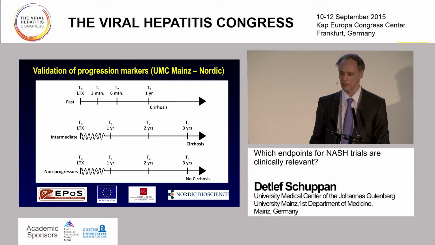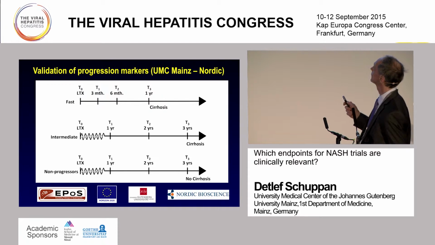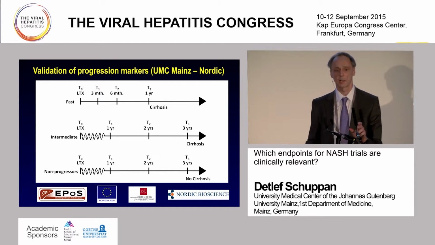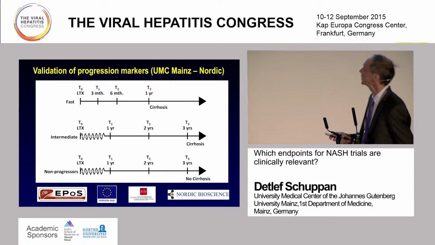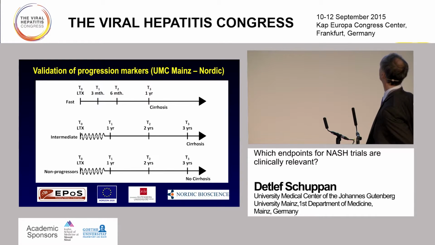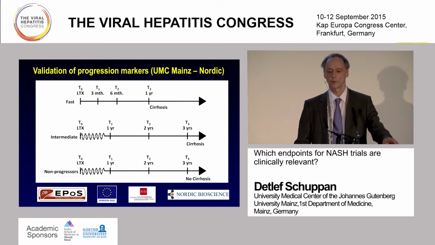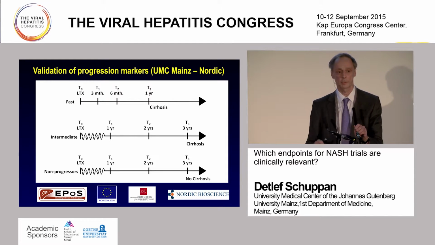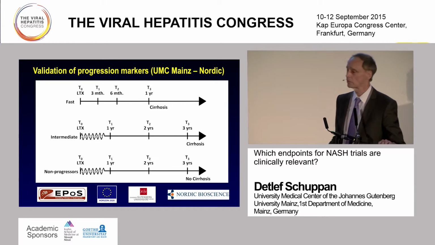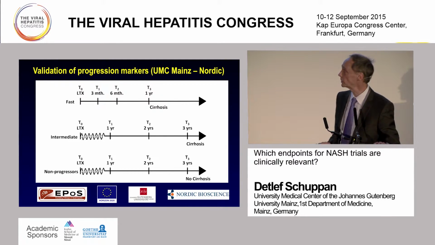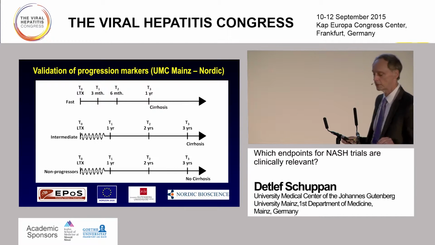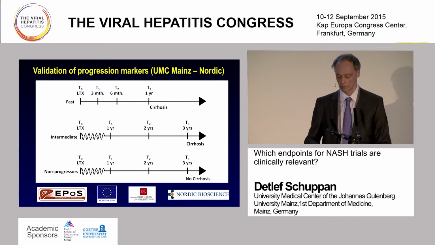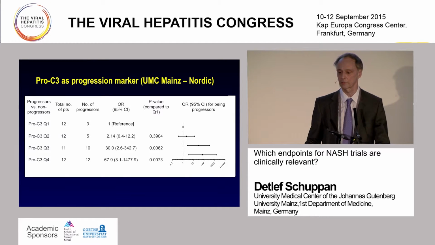And just showing you one example, these are 3 groups which we have recently investigated, not published yet. These are post-transplant patients who have been followed up for up to 5 years, up to 3 years here. And we have subdivided groups of 40 patients into the fast progressors, intermediate progressors, and the non-progressors. And as you know, post-transplant, many patients progress, or progressed at least in the past, very rapidly, developing cirrhosis within 1 to 3 years. So these are the fast progressors. And these are, let's say, the patient cohorts which should give us clear-cut signals in terms of fibrosis progression.